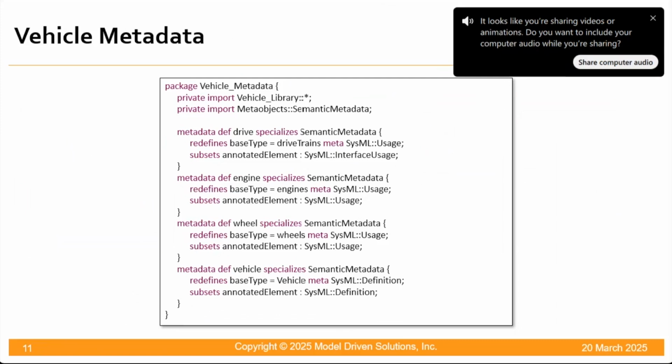So it's just two things saying what kind of thing is annotated, and when I do the annotation, what kind of thing it is semantically. Annotated element is the syntax, base type is the semantics. Now that looks a bit complicated, but fortunately the user doesn't have to see this. The person defining the library sets this up, but it's pretty much just a table, a two-column table in a